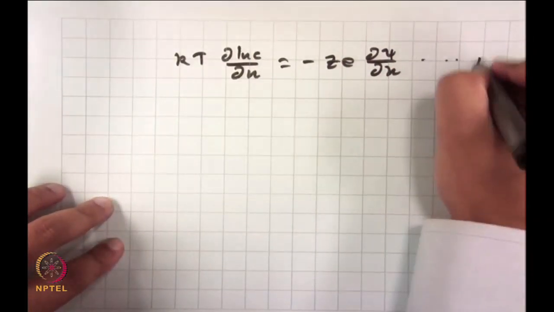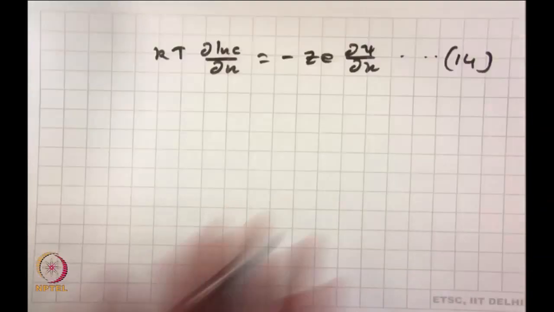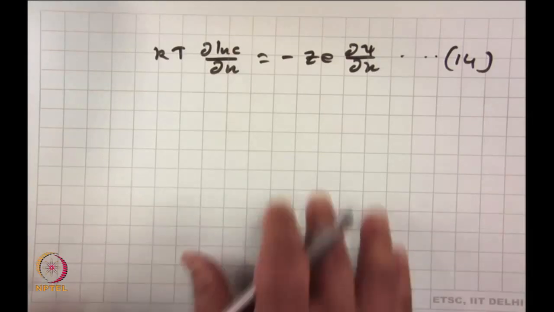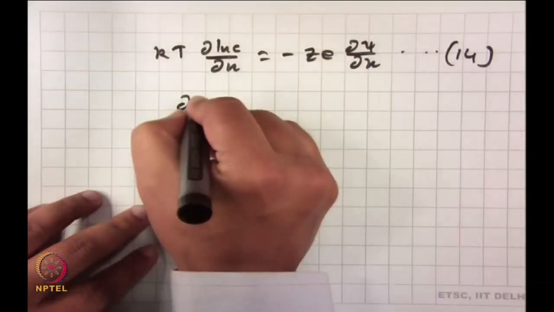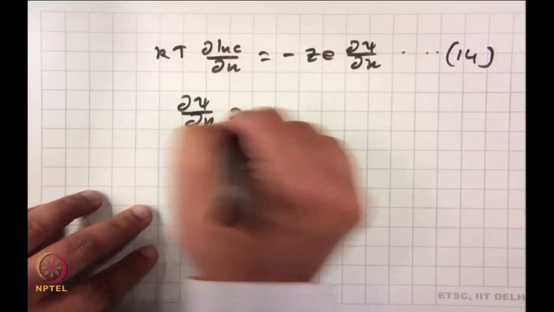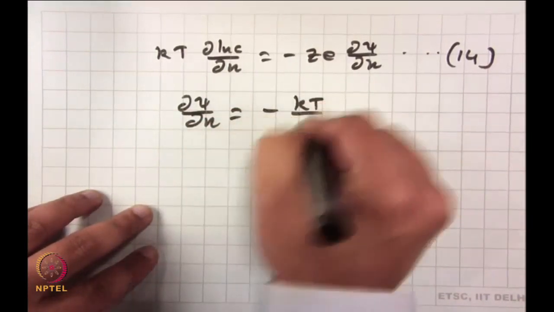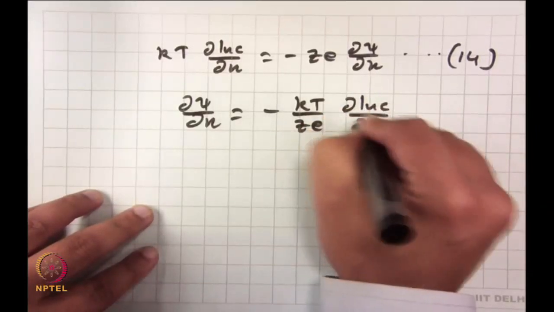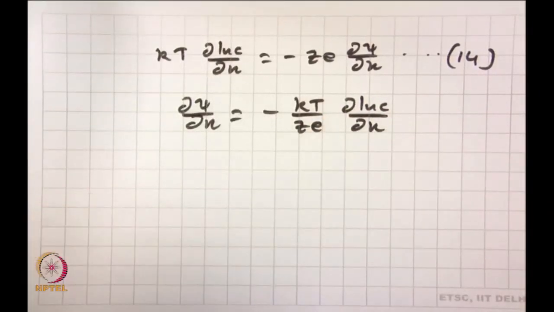Let this be 14, okay. And if this is 14, then immediately you can realize I can write del psi over del x is equal to minus kT over ze del ln c over del x, right. So, this is the Nernst equation we had derived before, and you derived exactly the same thing again, considering